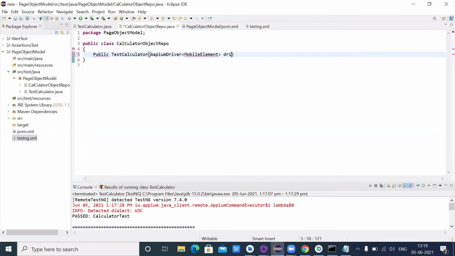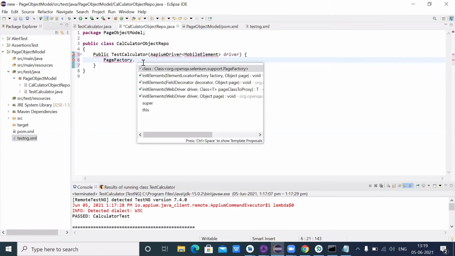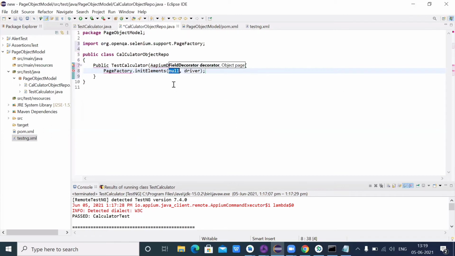And here I will pass the driver, and I want that page factory because I want to initialize those elements. So here I will take the object of page factory. For that, the PageFactory.initElements method is there, and then WebDriver. So this time I want the AppiumFieldDecorator also. So I will click for this, and here I will pass that new